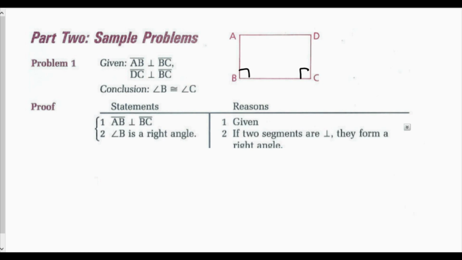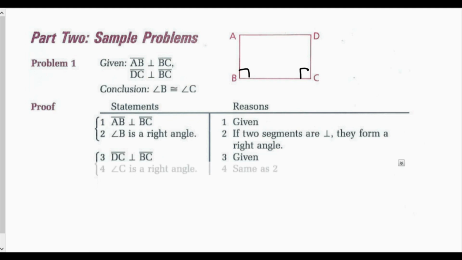Now I can't derive any more information from this, so I'm going to go to my next given, which was line segment DC perpendicular to line segment BC. Again, from that I know that angle C is a right angle, because that's the same reason as number 2. So I can say same as 2, or I can write out: if two segments are perpendicular, then